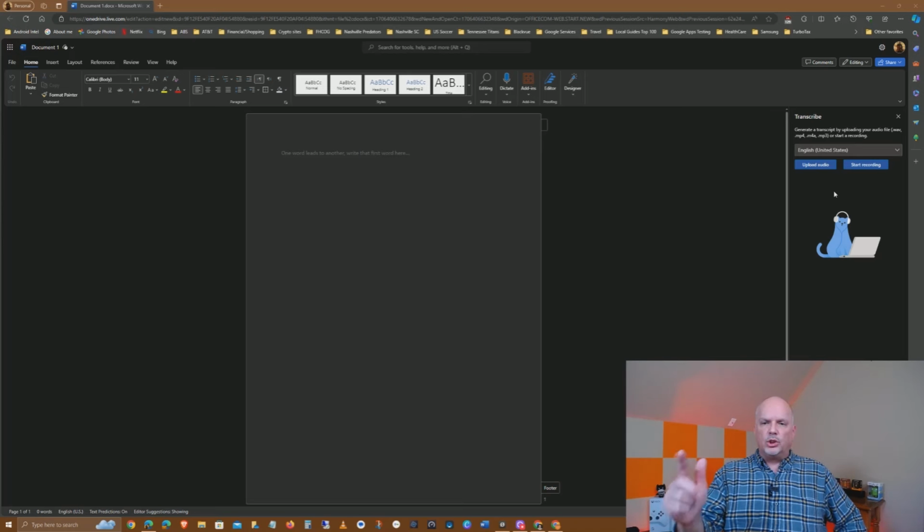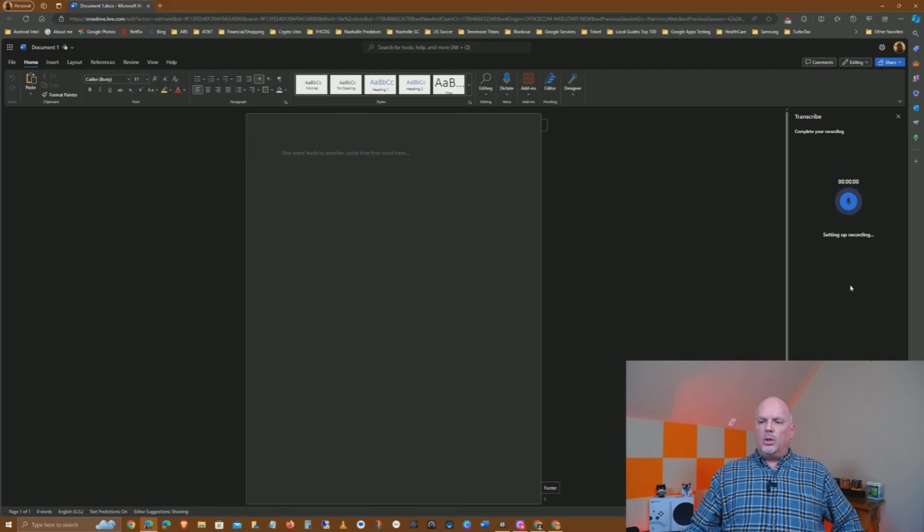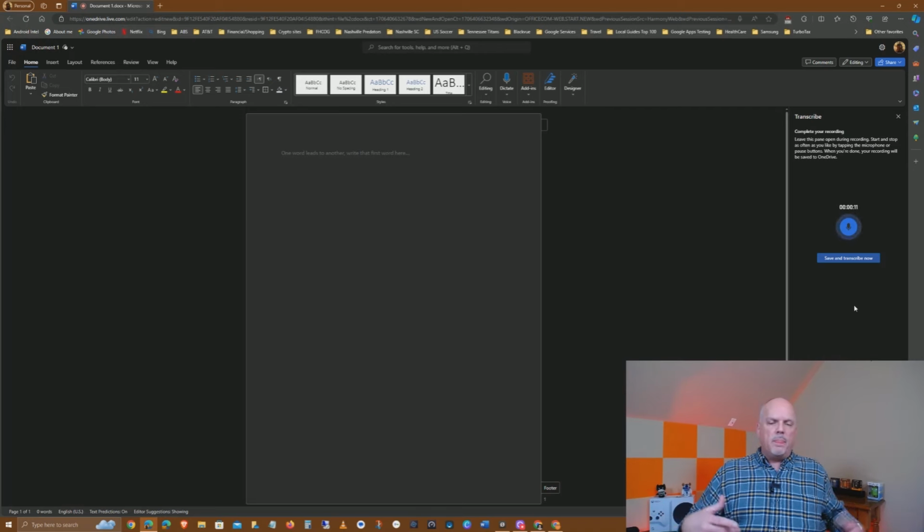So I'm going to hit start recording and I'm going to show you how that functions. Okay, so now you can see that it's actually recording. You can see here that it's counting down the seconds of the recording. It's recording your voice. So you can basically start to dictate the words that you want to say in your blog. You can just start reading something. If you just want to turn your voice into that audio file, you can just start reading things and it'll turn that into an audio file. So I'm going to hit save and transcribe now, and I'm going to show you what that looks like.